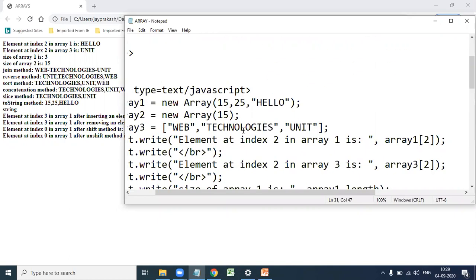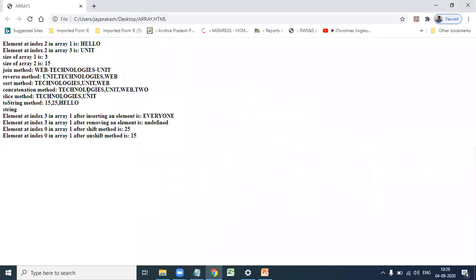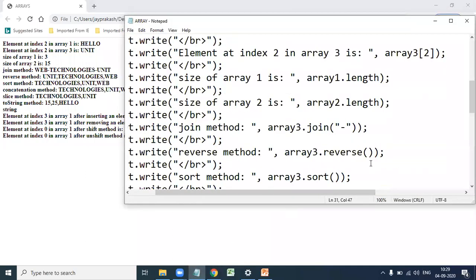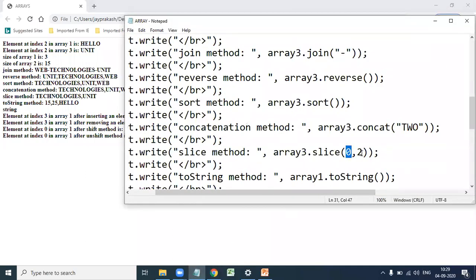After performing the sort operation, the new array is technologies, unit, web. After performing the concatenation operation, the new array is technologies, unit, web, 2. Here slice(0, 2), that is starting index, ending index.